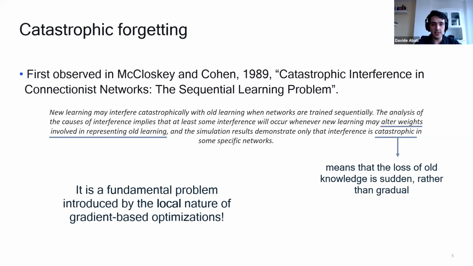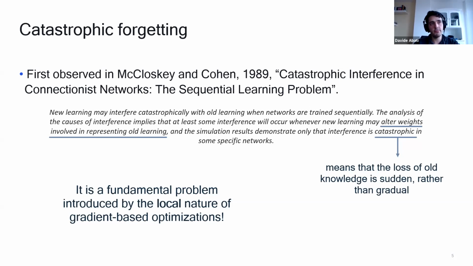I want to highlight that this problem is really fundamental. It's really not solvable. We can devise new tricks to make it less catastrophic, but it's really bound to the local nature of the gradient-based optimizations that we use to train deep neural networks or parametric models in general. Because when you use, for instance, gradient descent, you have this update that you apply to each parameter of the model, and that update is very local.